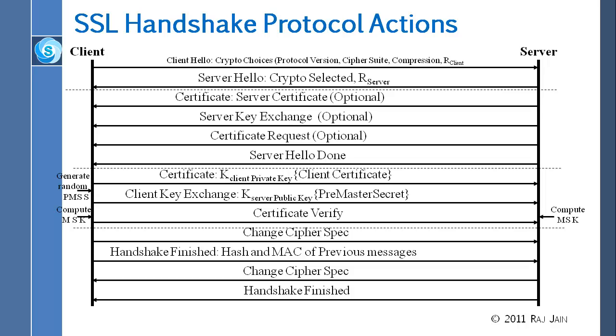Then there is a change cipher spec. So this is actually phase 4. And this is the message which actually belongs to the other protocol. This is a one byte message, says that now let us use that key to communicate. And then this side will send hash and MAC of all previous messages. So it will combine all of these messages and hash them and get the message authentication code and send it. So if any of these messages were changed by anybody, now this is encrypted here, right? This will be detected here,